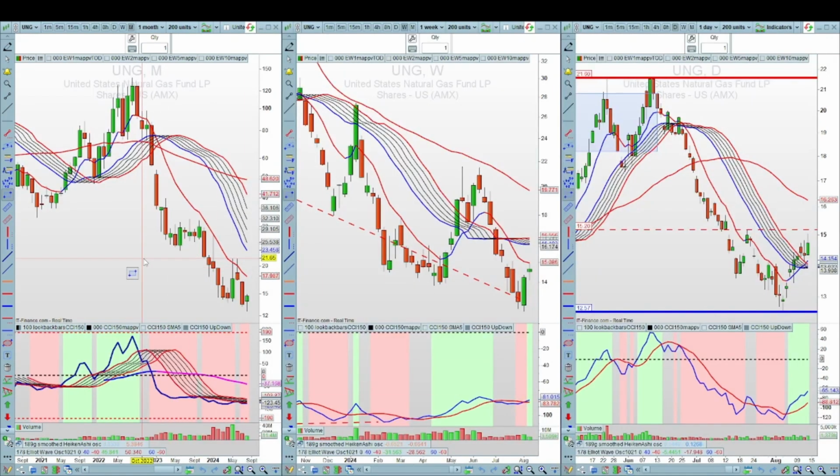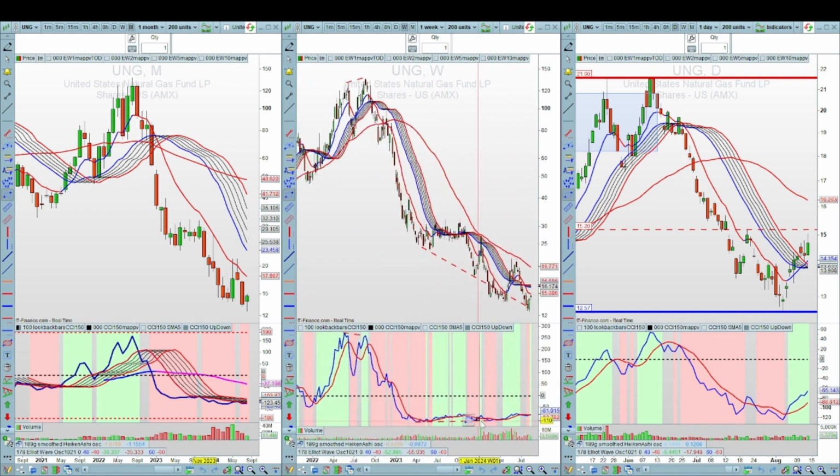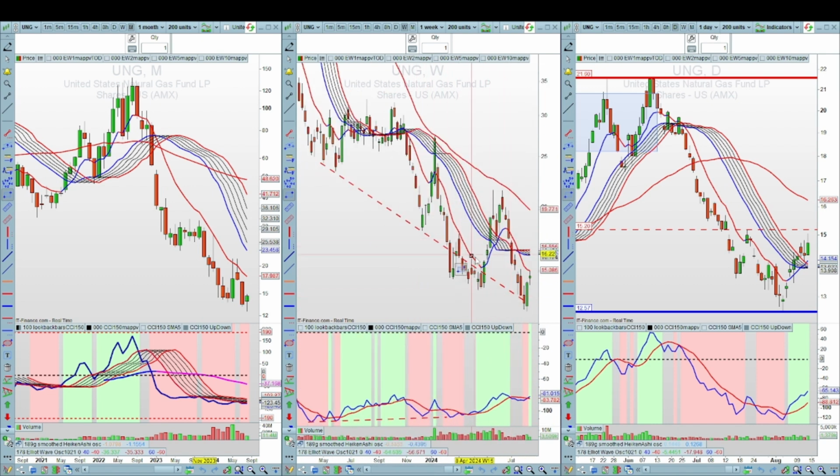On UNG, that's showing a bearish movement on the CCI on the monthly. The price is also well below the moving average range. On the weekly, it's broken up into a positive or a bullish momentum slightly, even though the price is still bearish. And we did have a bullish divergence here, higher lows on the CCI versus lower lows on the price. Now the price hasn't actually bounced, so don't trade this until you see this break further to the upside. That could have been a false break there with that price breaking above the moving average range.